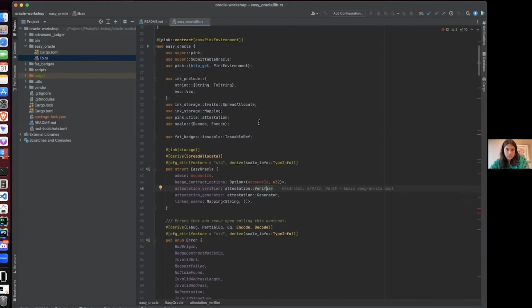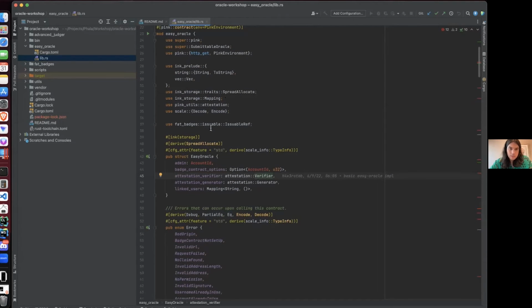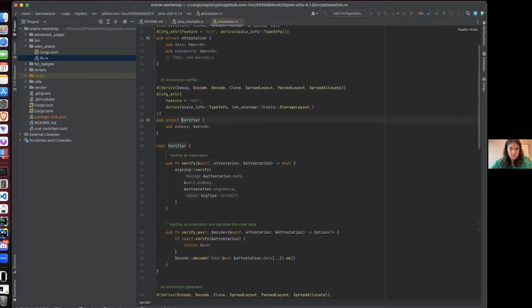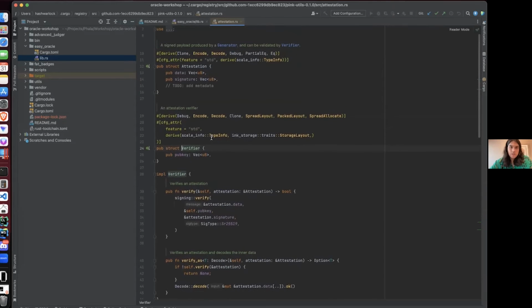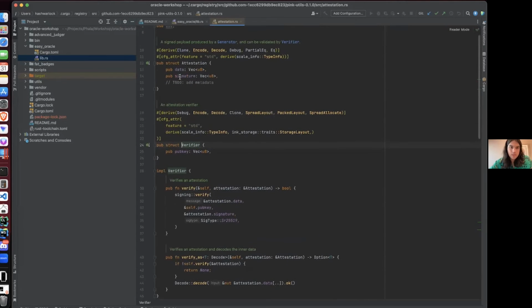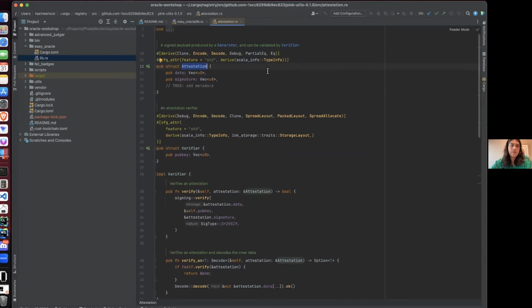So you can see this is within the pink utils of our Phala blockchain. We have an attestation module here, and whenever I had mentioned earlier,